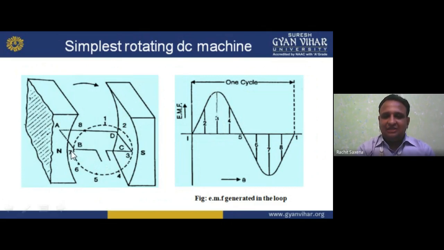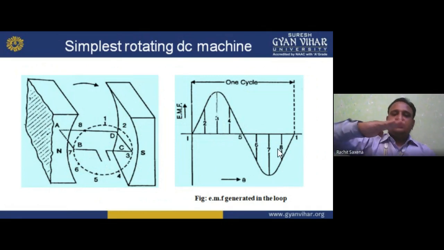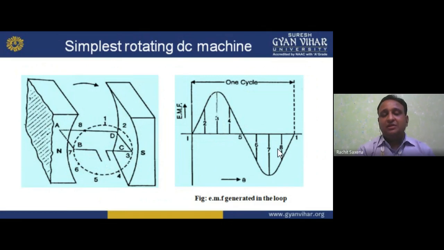At six we again get some value, as some flux is being cut there, but at positions 4, 1 and 5 no flux is being cut; it is parallel. Then at the sixth position we cut some flux and get a value, but at the seventh we are at the perpendicular side, meaning we get the maximum value. At the eighth we again get a value, but less than the maximum. Then at 1 again we are at the initial position, moving like this, so we get the same position, that is 1. So that is easy. EMF will be generated in the loop by cutting the flux, so we are getting the EMF.